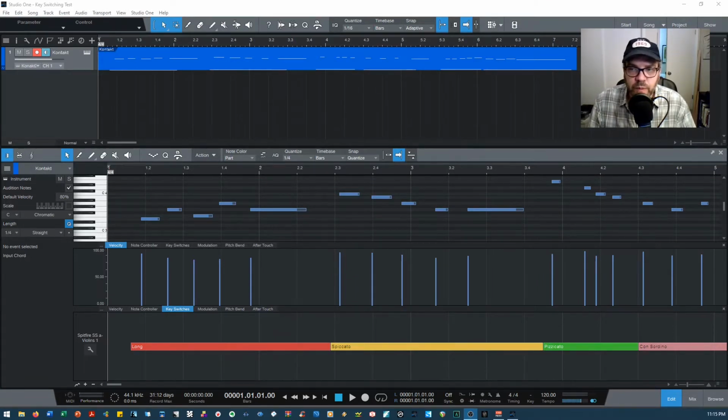Even though I work primarily in notation, it's important to have a good DAW for doing all kinds of things, different sorts of projects. And if you work with a notation program, you can always export your song as a MIDI file and then import that into your DAW, and then you can mix it down differently and all that good stuff. So anyhow,